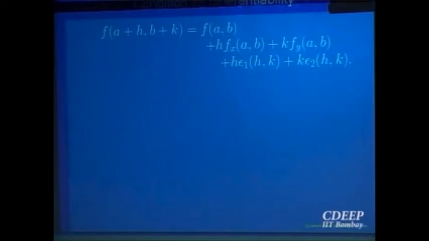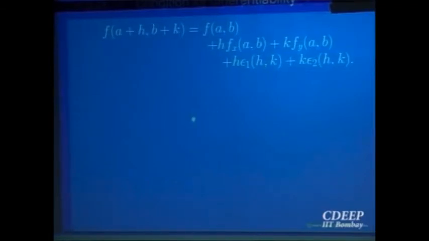Perfectly similar to one variable, we proved that a function is differentiable at the point a if and only if f of a plus h can be written as f of a plus h times f prime of a plus h times the error which goes to 0. So that is translated here, but both the variables are taken care of. Everybody understands the definition? Okay. So this is the basic thing to remember, the differentiability of functions.